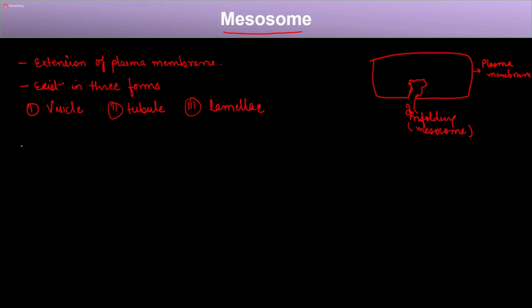So the mesosome has multiple roles, because if you see prokaryotic cells, they are simple in organization, right? They do not have many organelles. They do not have any other subcompartment that performs specific functions. So most of the functions that a prokaryotic cell performs either happen in the cytoplasm, or the plasma membranes modify themselves into certain shapes which can perform these functions. So a mesosome performs multiple functions,